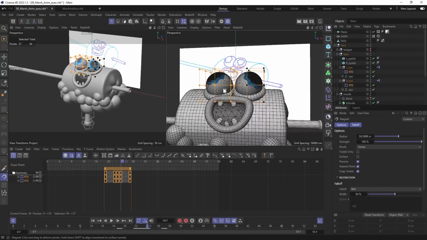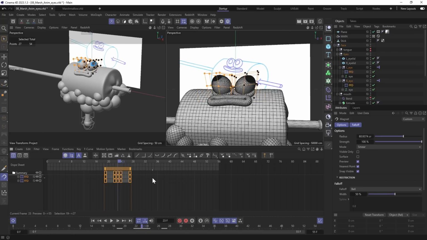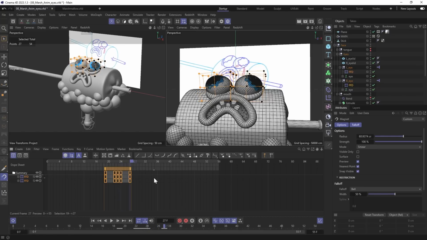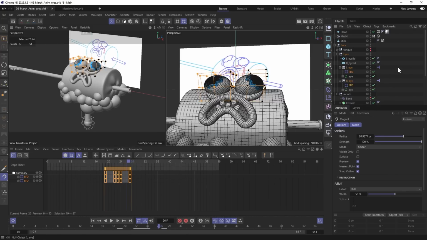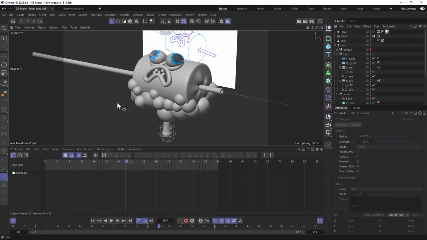And I'll tweak the shape a little more in every frame. Everything looks nice already, so I'll leave it like this. And let's move on to another pose.